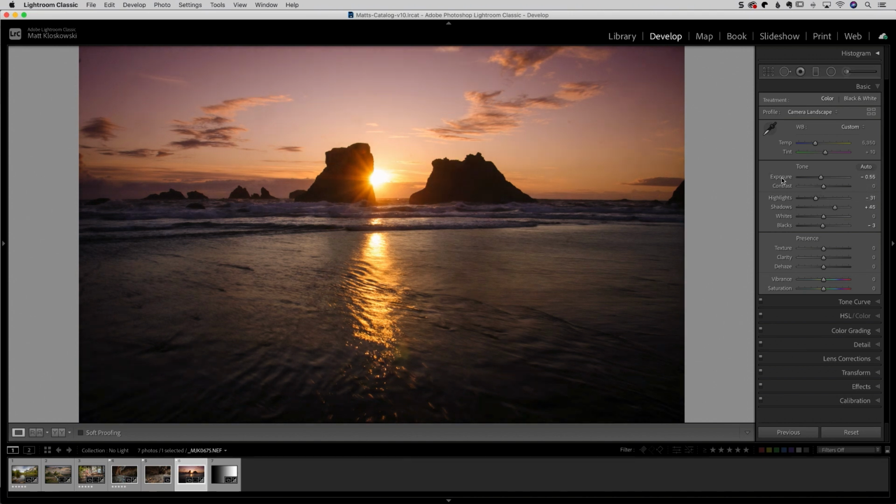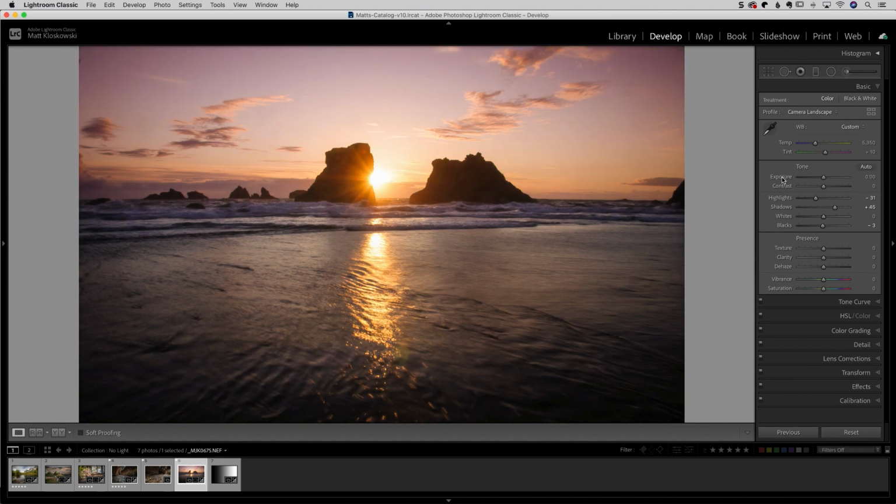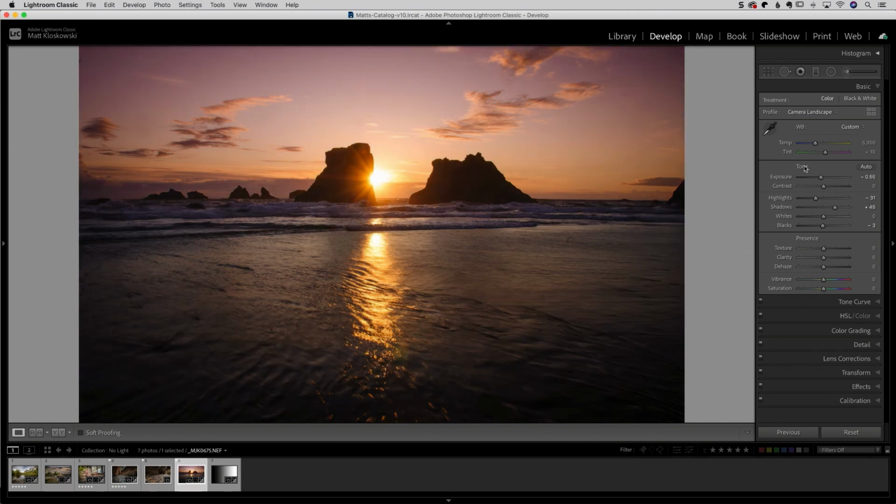One of the tips, and a lot of people know this, is that if you double click the name of an adjustment, it resets that adjustment to its 0 value. But what a lot of people don't know is that many of your adjustments have a section heading to them. So for example, exposure, contrast, highlights, shadows. If you double click the word tone in that little section heading, it resets all of those adjustments in that